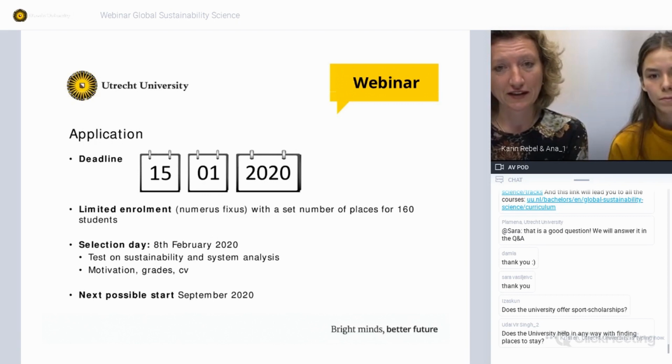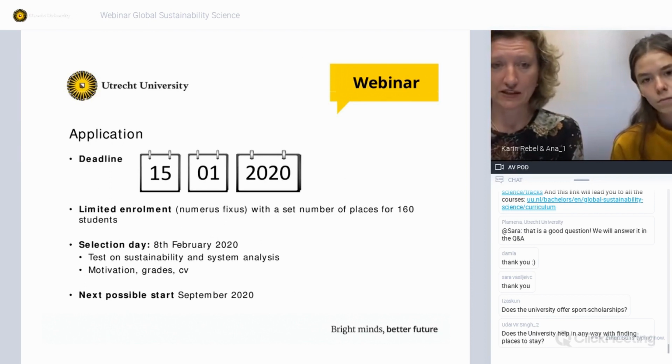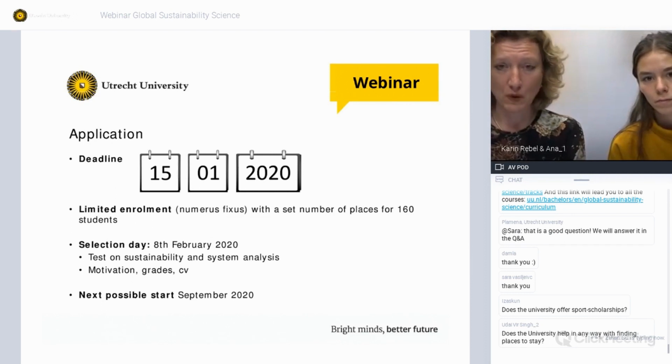The test on sustainability and systems analysis, we will send you the information once you have applied. This consists of a package that you need to study, and then it's a cognitive test with questions related to the information that you studied, and this will be on the selection day. Then we will select the first 160 based on the test, but also on the motivation, the